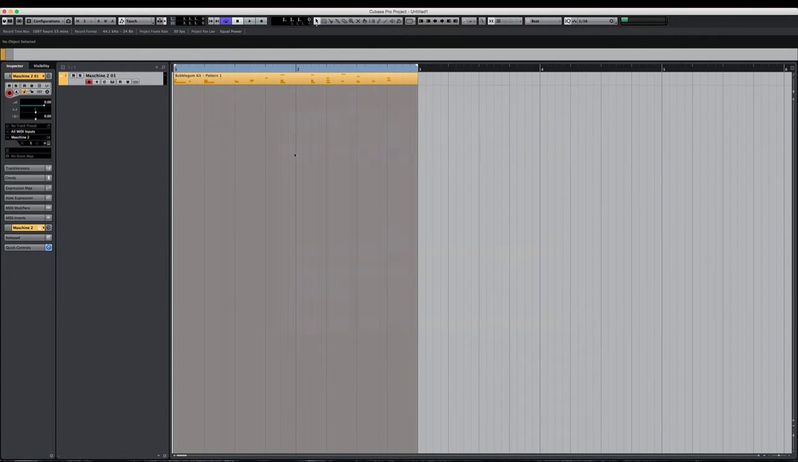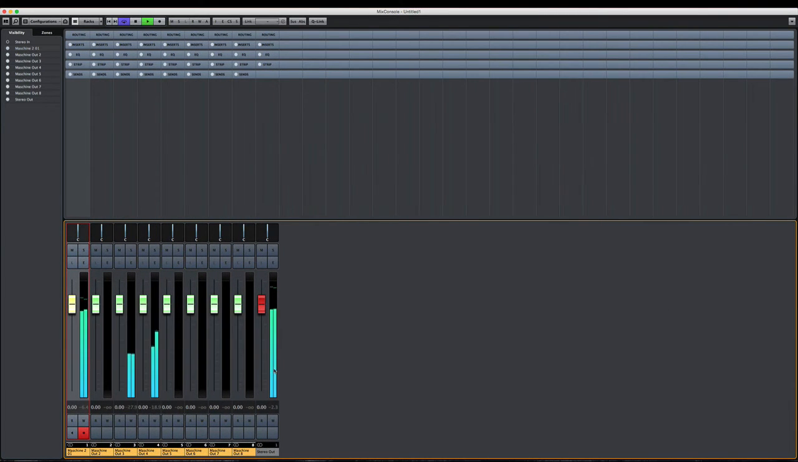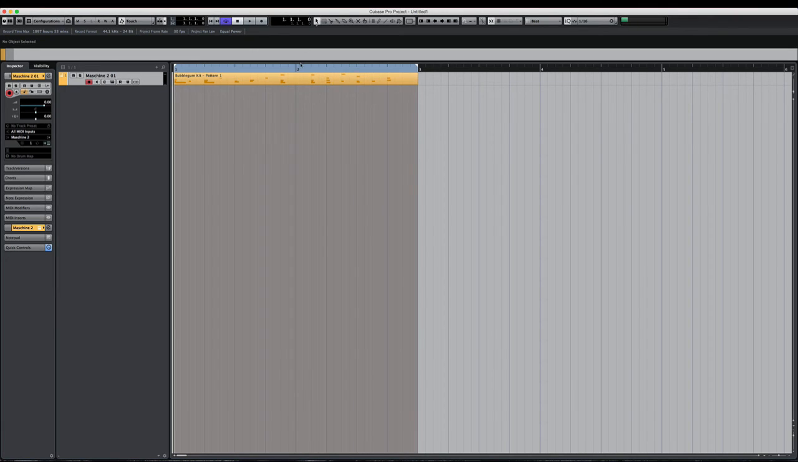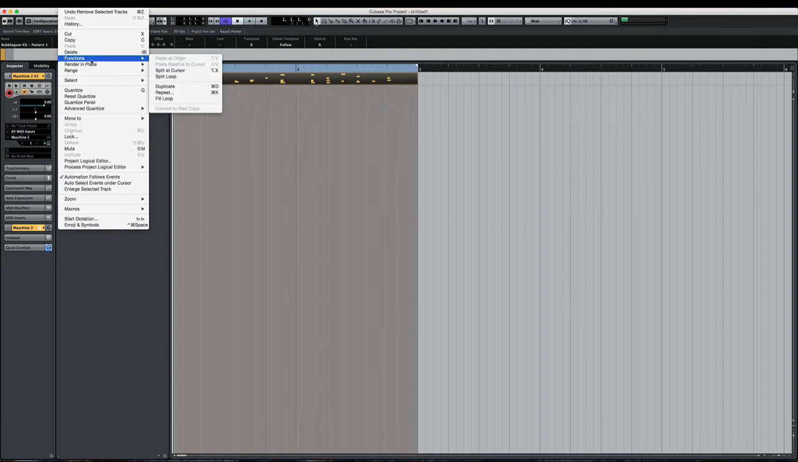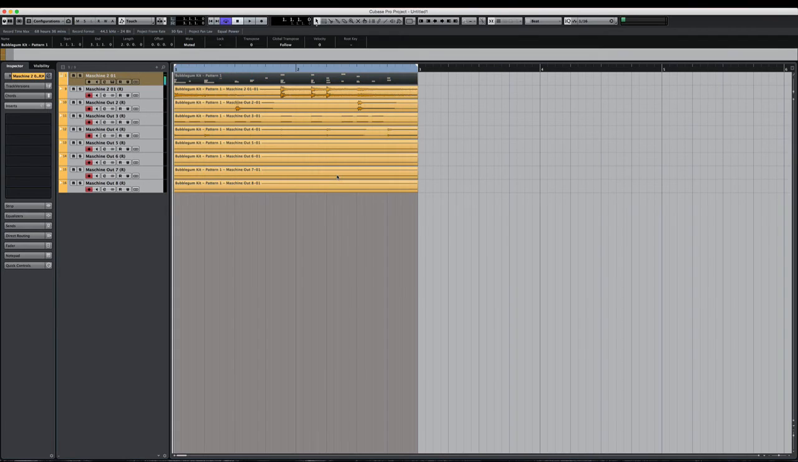If we go to the Cubase mixer, you'll see that it's created a bunch of outputs, and if we play, we see the faders on the respective outputs. So now if I want to bounce this down to audio, what I can do is click on the region, go to Edit, Render in Place, Render,